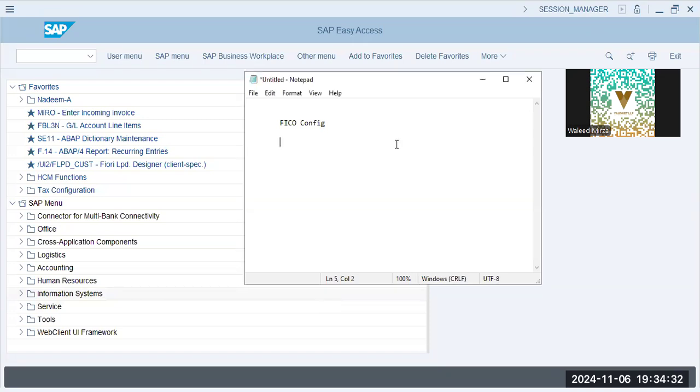Okay, now in FICO config, we'll learn about profit center accounting, product costing, cost center accounting, reporting, finance side operations for GL, AP, AR, inventories, and we'll configure